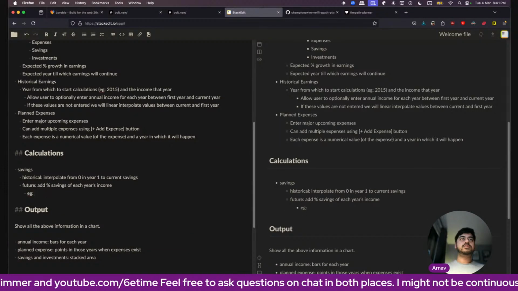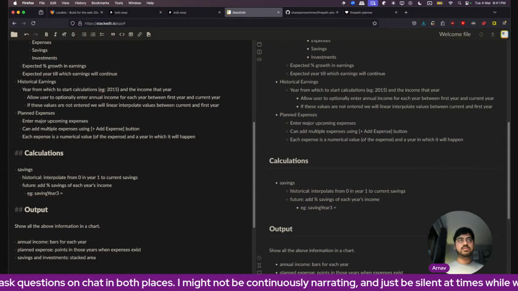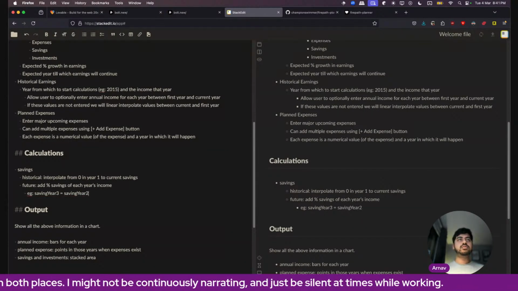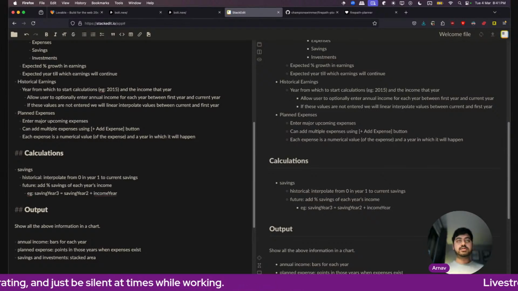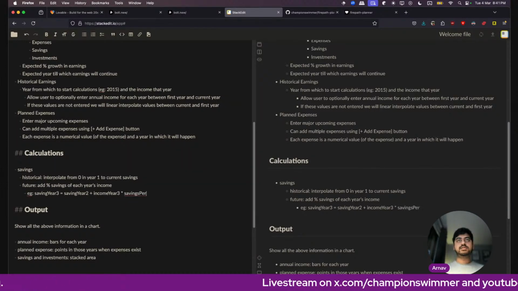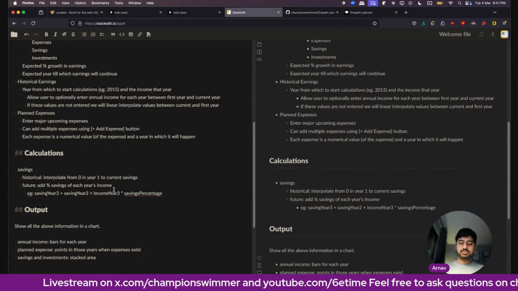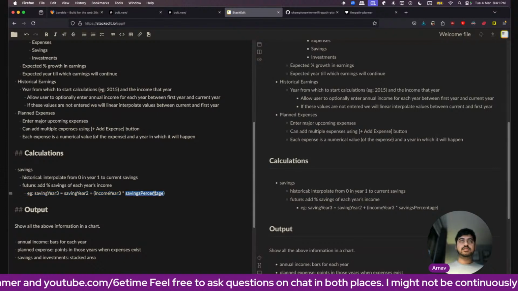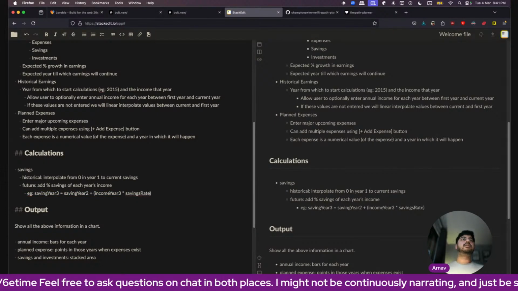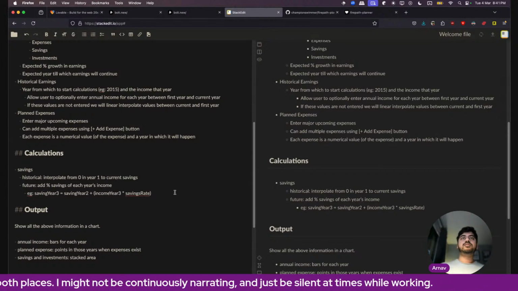I'll give an example. Saving year 3 is equal to saving year 2 plus income year 3 times savings percentage, savings rate, let's say. So every year savings is last year's savings plus income times savings rate. That's how savings will grow.